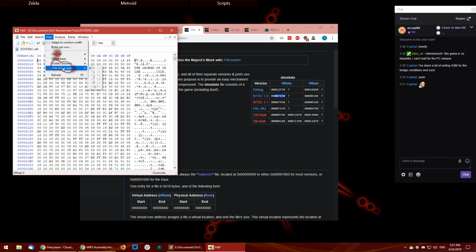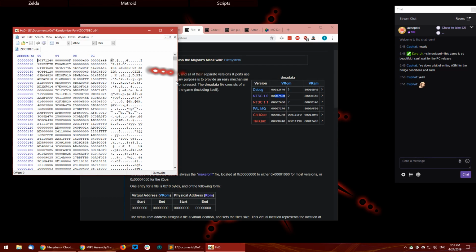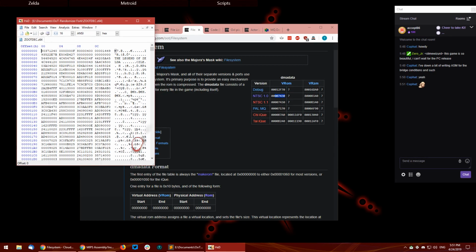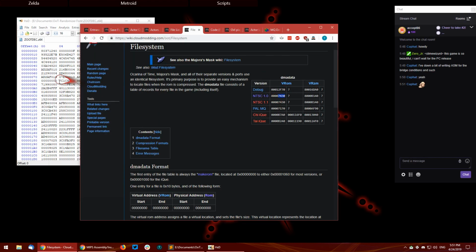I pretty much always set my byte group size to 4. There's very little reason not to for OoT, because MIPS is 4-byte aligned. All the instructions are always 4-byte aligned. So when you're looking at code, you generally want this view. I use HxD. I'm sure there are other decent ones, but this one's been pretty great. Anyways, if you go to this address,